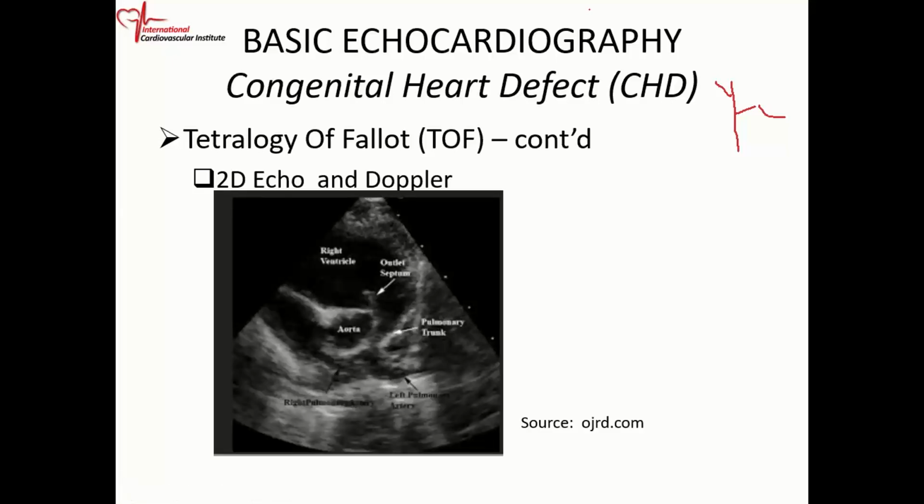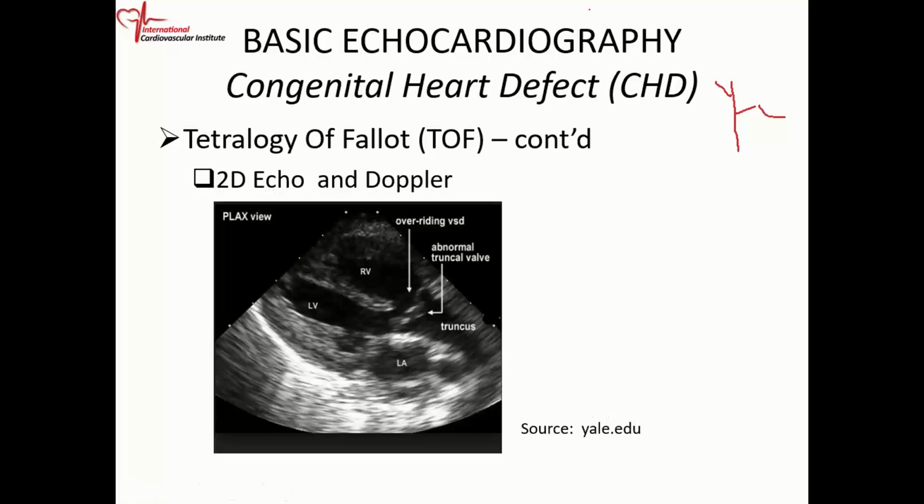Okay. So this is the short axis view at the level of the aorta, and so you can have significant right ventricular outflow tract obstruction. You can have stenosis of the branch pulmonary artery. Okay,